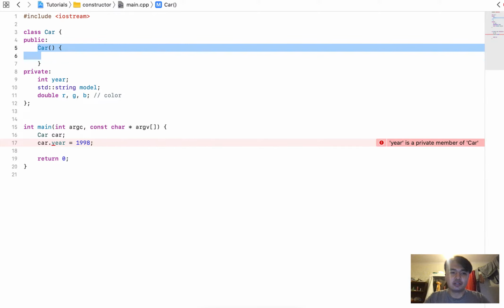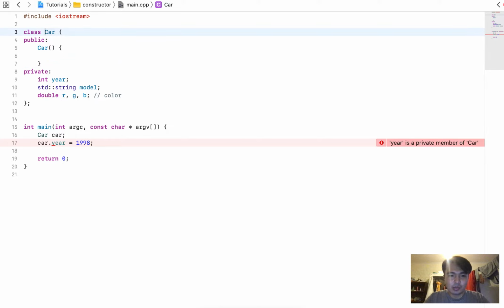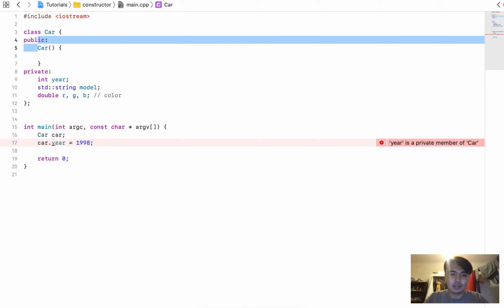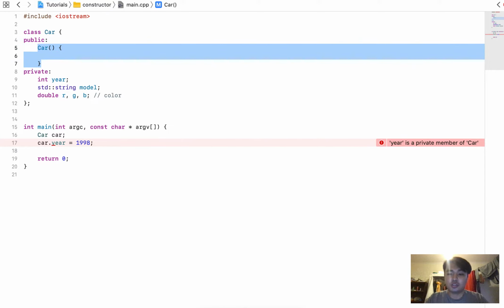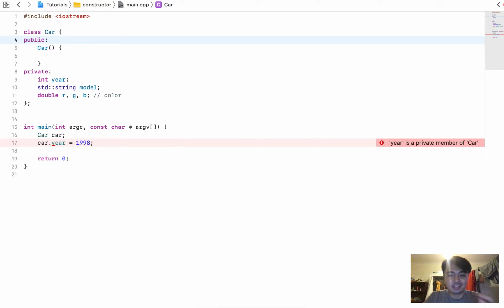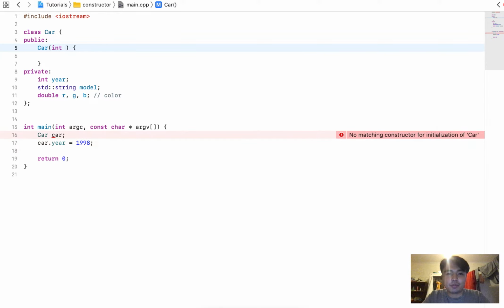So we have created a constructor, and by default our constructor is this. It would be hidden, but by default it doesn't do anything. That's why there is no difference between this constructor and the default constructor. So that's why we can say that this is the default constructor. But we can customize this constructor by, for example, giving to this function some values. For example, given year,